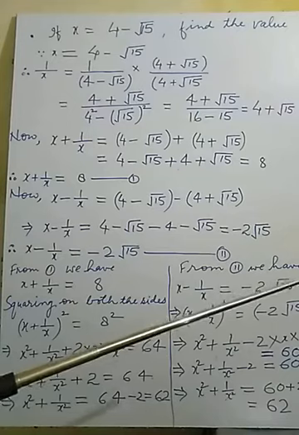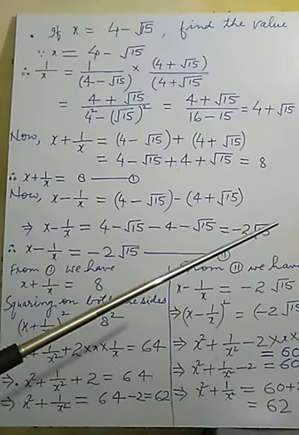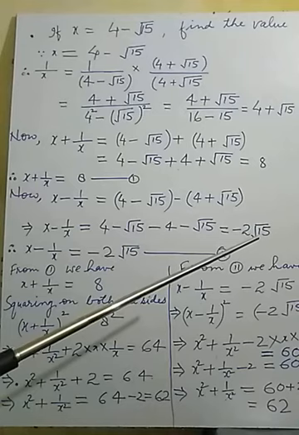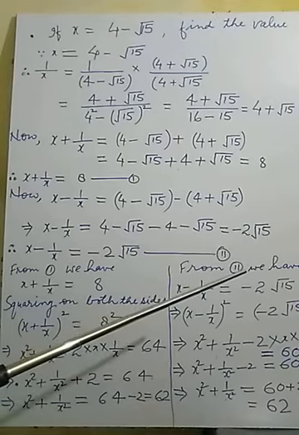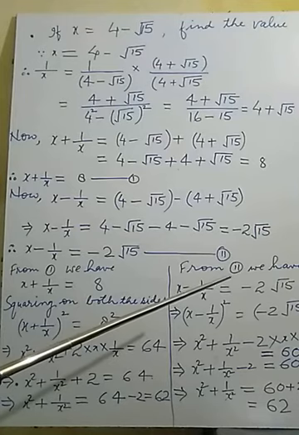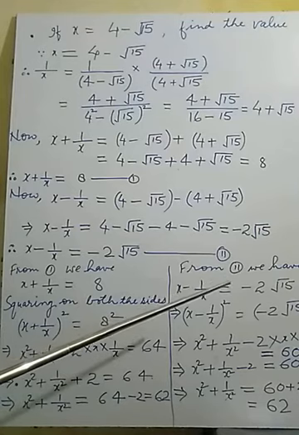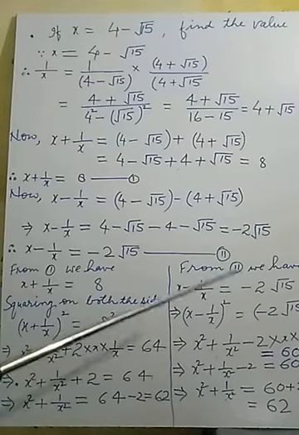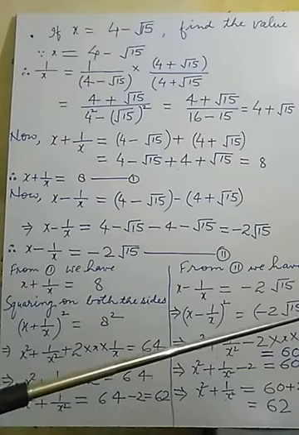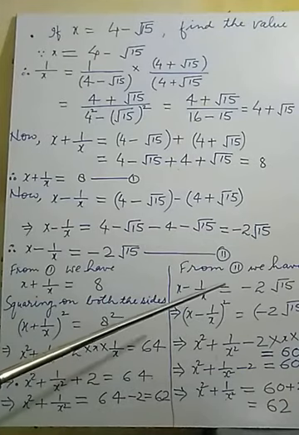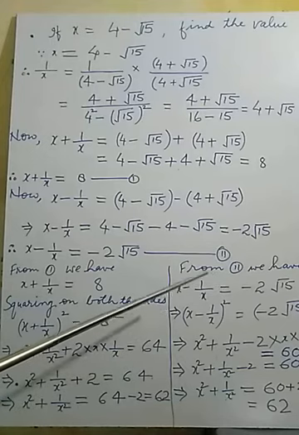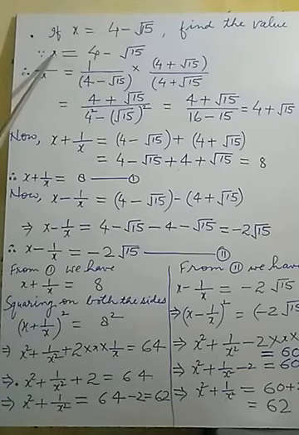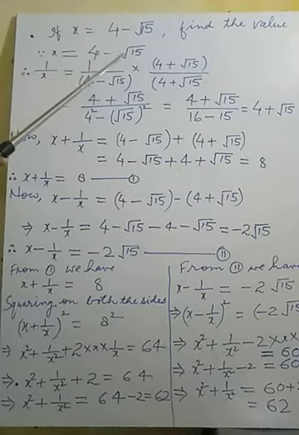In the same way, we have to find out the value of x to the power 4 minus 1 upon x to the power 4. In the same pattern, we have to find the value of x to the power 4 plus 1 upon x to the power 4. Like that, the power will be increased, and what method is adopted we have to discuss here. So firstly, we have to start our journey. We have to note down what value of x is there. Ultimately it is given here x equals 4 minus under root 15.